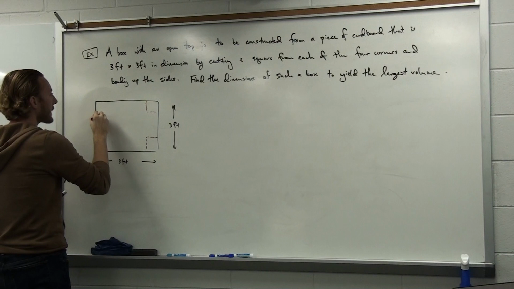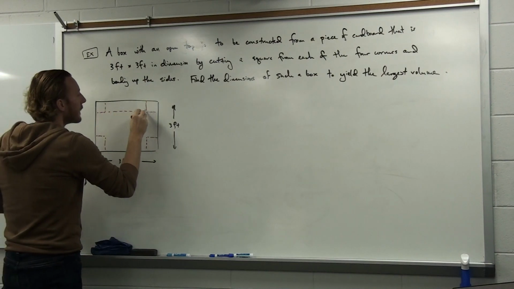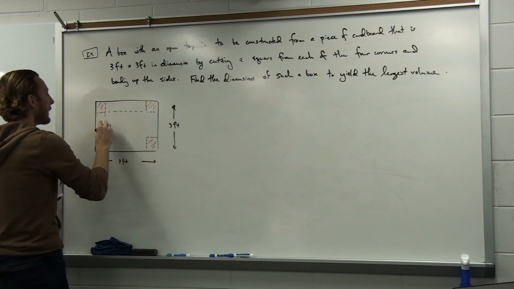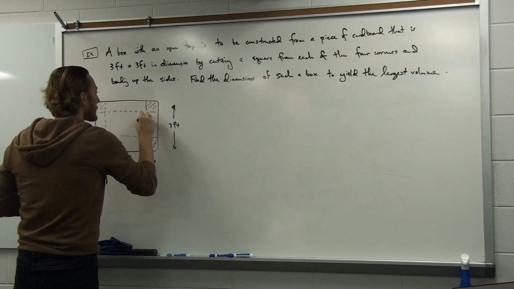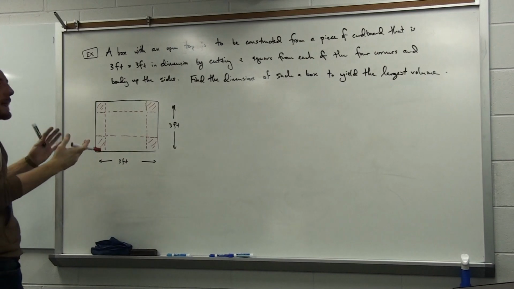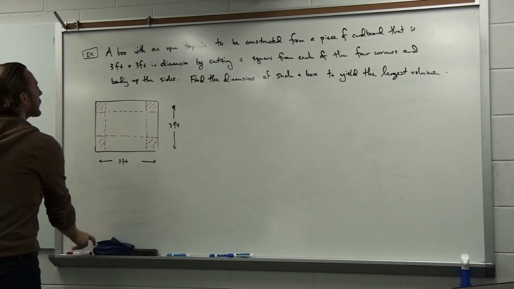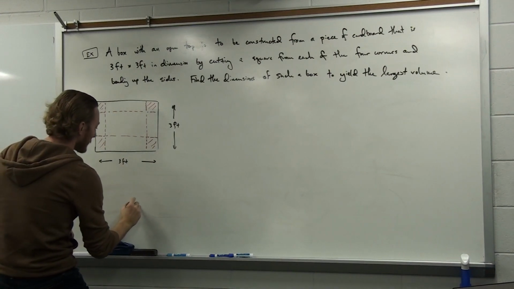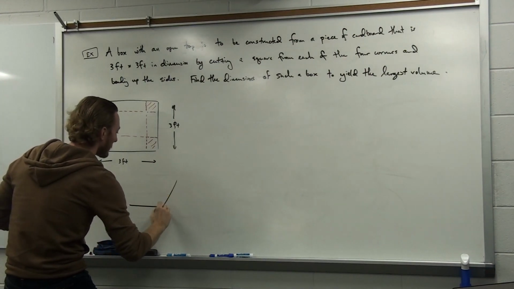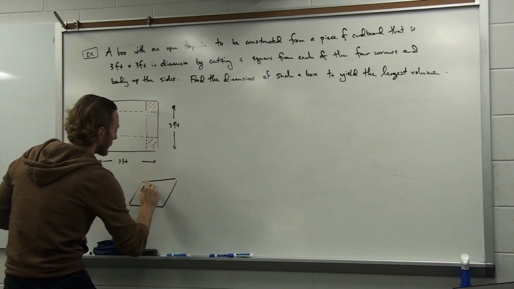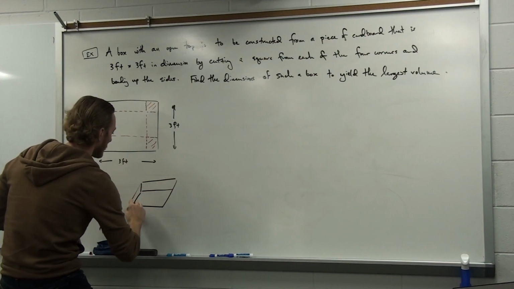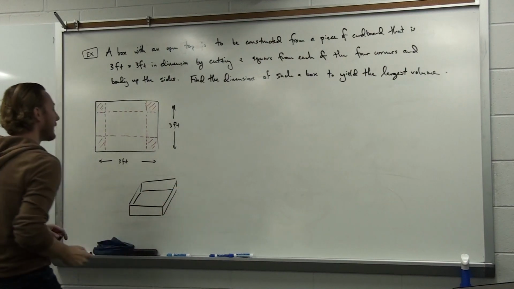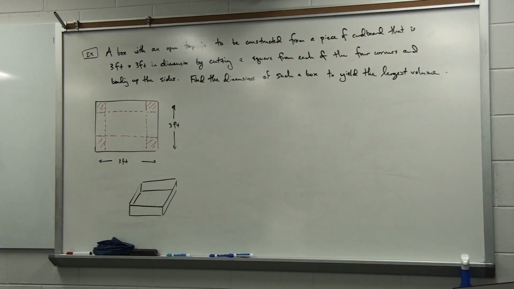Well, if you did such a thing, then removing that square, you could take the material that was left over, and if you bent up the sides corresponding to where the corners were cut out, you could yield yourself something shaped like so. And this would be a box with an open top,